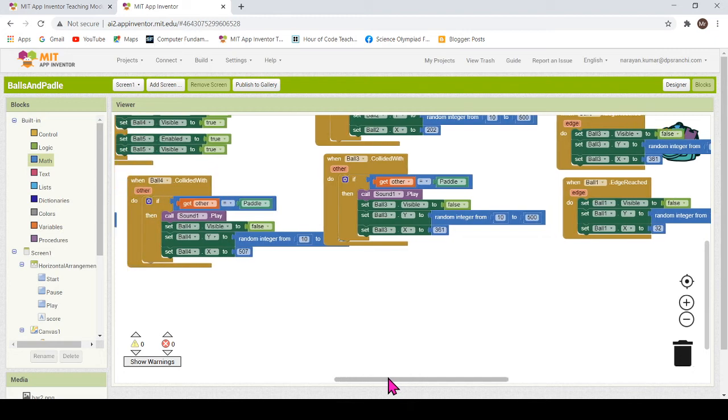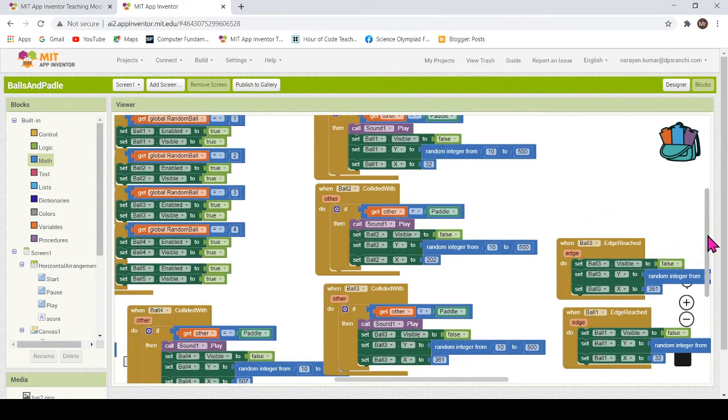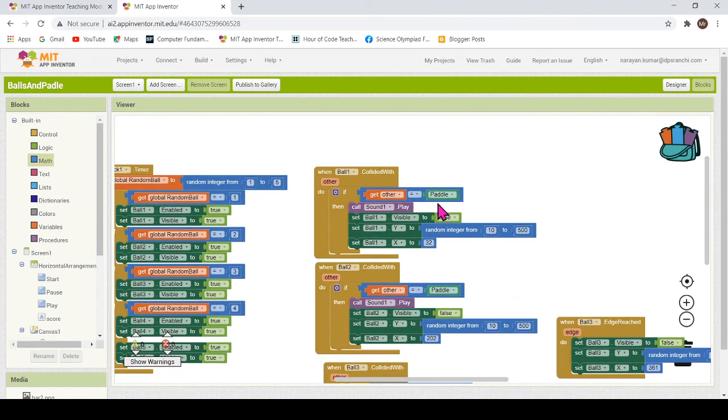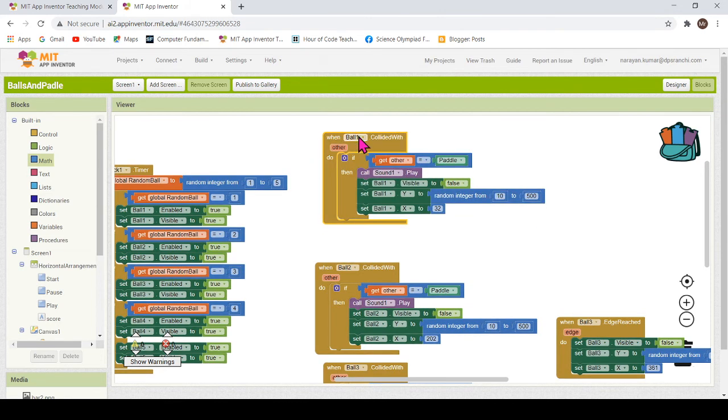Now go back to the block that we have done before. That is when ball 1 collides with the paddle. Here we have a block. Whenever ball 1 collides with the paddle, I want that I should get a score.